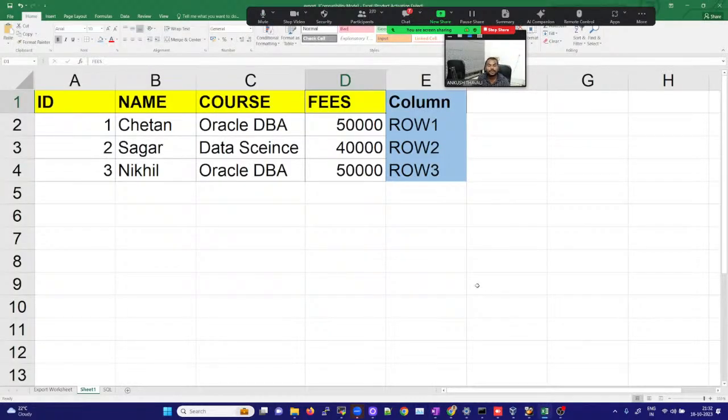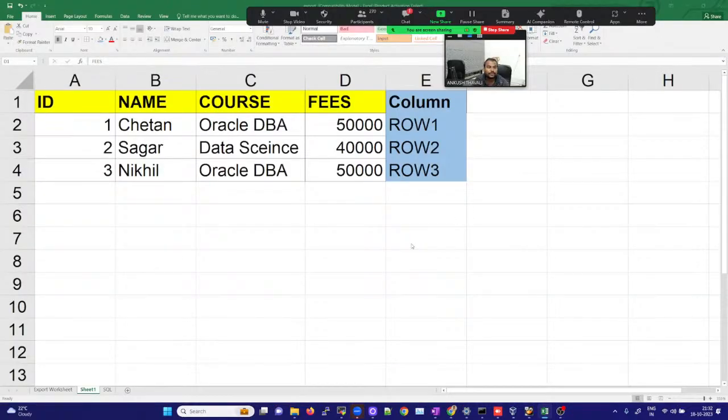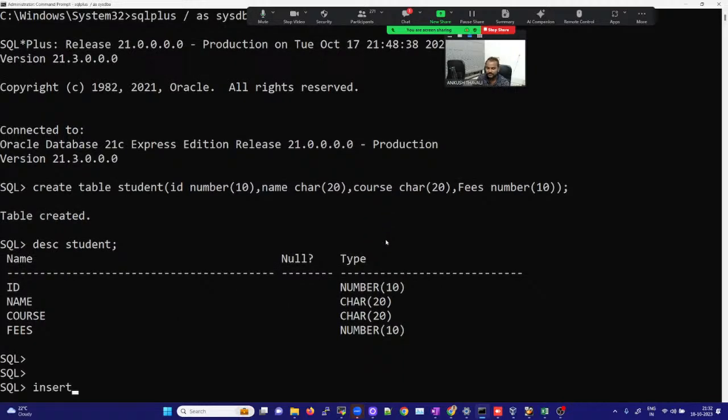So how to insert data into the table? When you want to insert data into the table, you need to run an insert query. Which query do you need to run? Insert query. So I'll write insert into student, insert into table name,